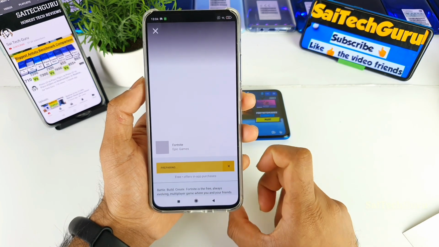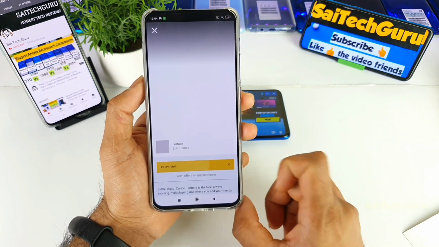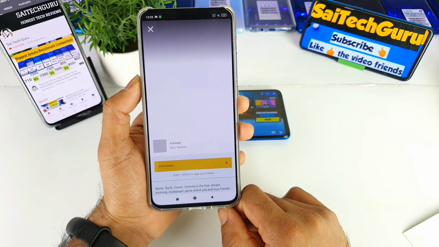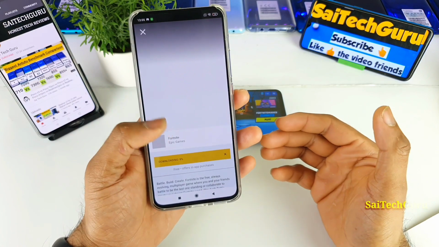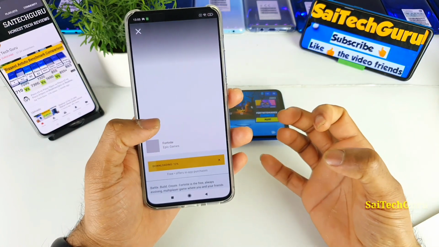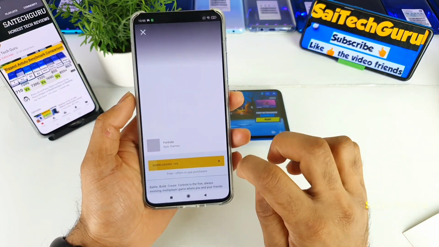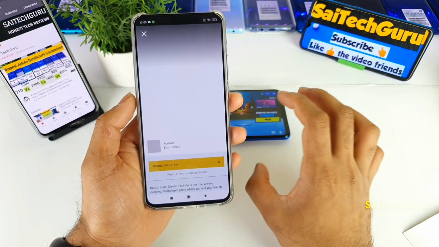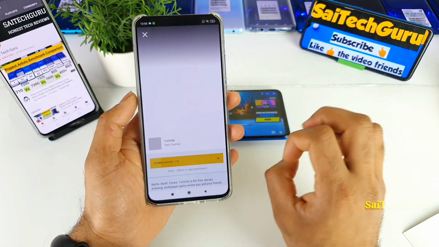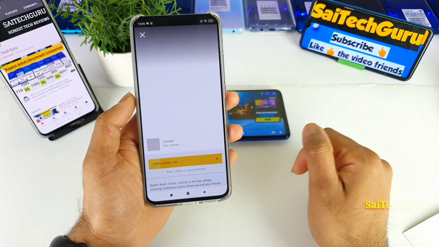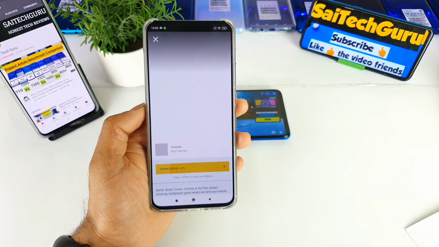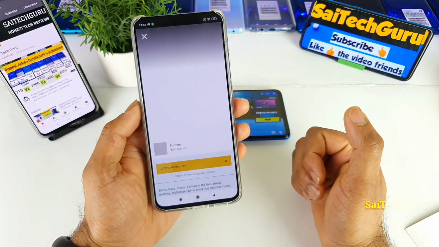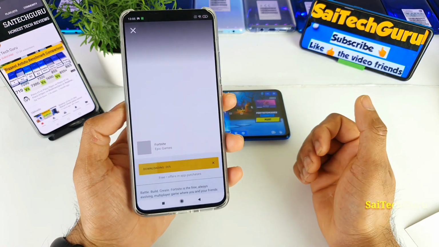This will download the Fortnite installer directly from Epic Games. This is not the actual game you're downloading, this is just the Fortnite installer only. Once you install this, then you will be downloading the Fortnite game. This will not take too long, but the other part will take a very long time because you need to download close to 5 to 6 GB of data first before you can actually play the game.